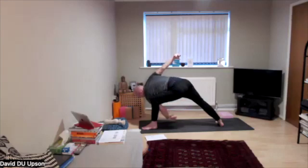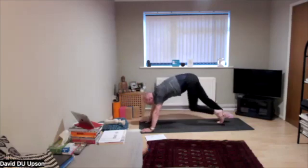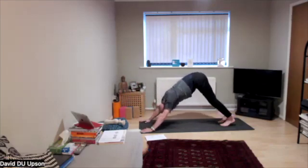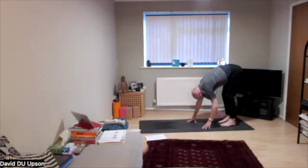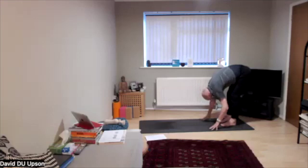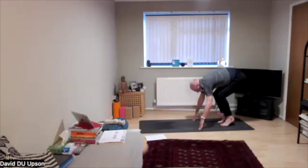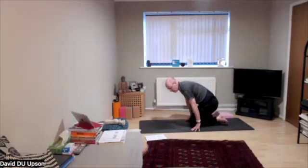Release. Take the top arm up and over. Hands over side, step back into that down dog. We'll walk the hands this time towards the toes into a forward bend. Now with the fingers slightly forwards, we'll lift the heels off the ground and bend the knees. So we're squatting down. I'm just going to let the knees come down to the floor and untuck the toes